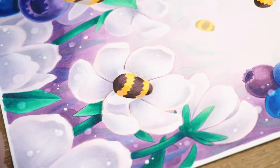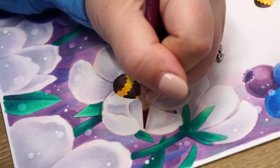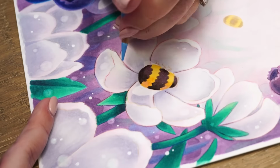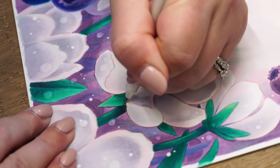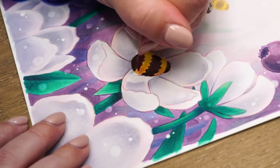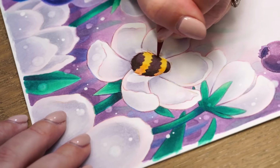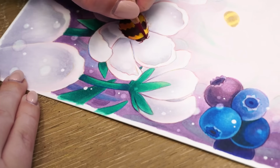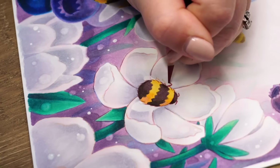But I'm just giving myself wiggle room for different product types, because I want this on a journal and whatever else. Anything square like a pillow cover, it's going to get heavily cropped. Yeah. So anyway. And then the bees, all the little details, the bees coming together, adding in their little leggies